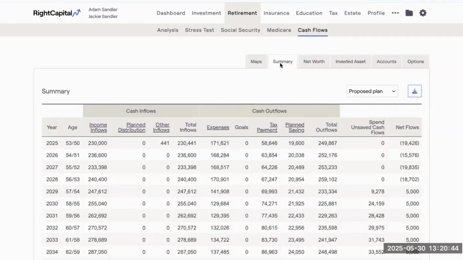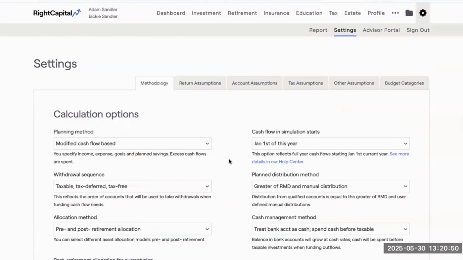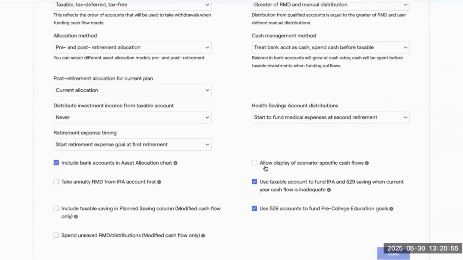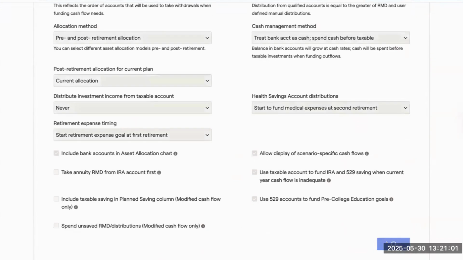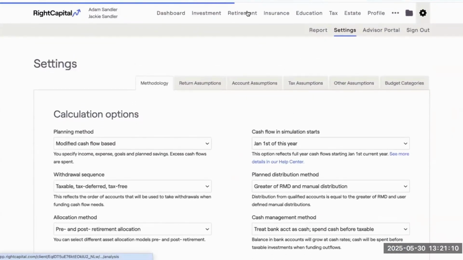So I'm going to head back over. Sorry, I should have stayed in the settings, but in the gear icon and then settings tab, if I scroll down towards the bottom, we have a setting that is called Allow Display of Scenario-Specific Cash Flows. So as soon as I press save here, I'm going to head back over. Again, that setting is Allow Display of Scenario-Specific Cash Flows. And if I head back into retirement and then cash flows,